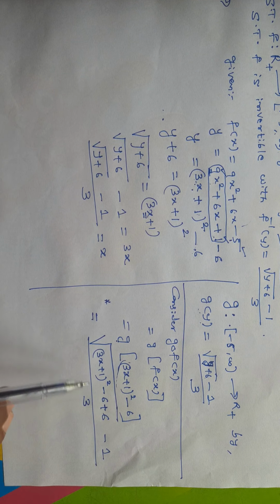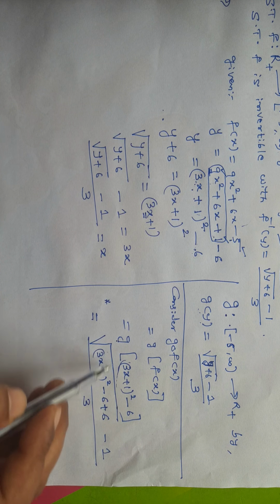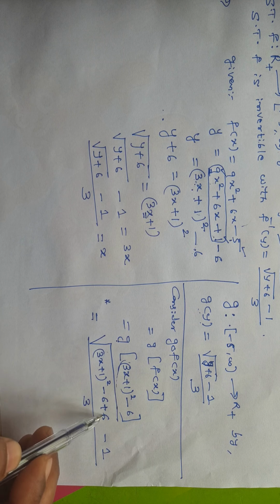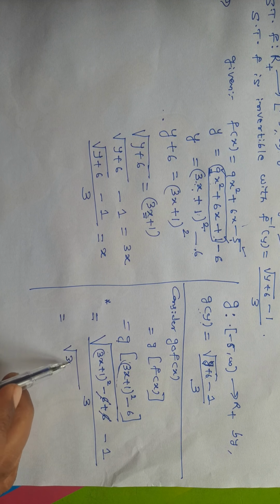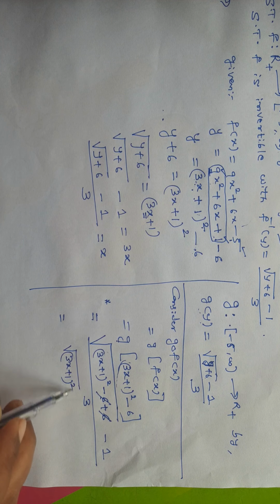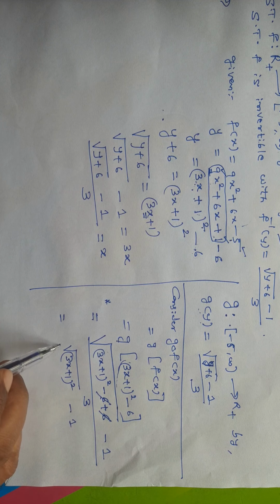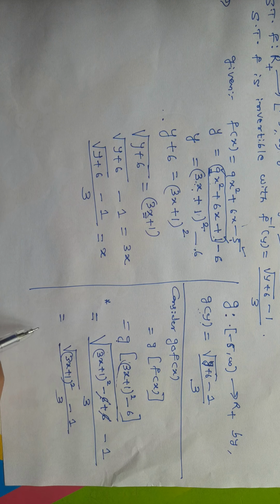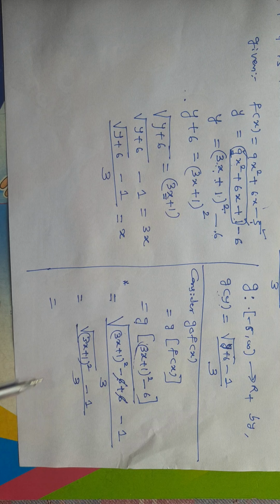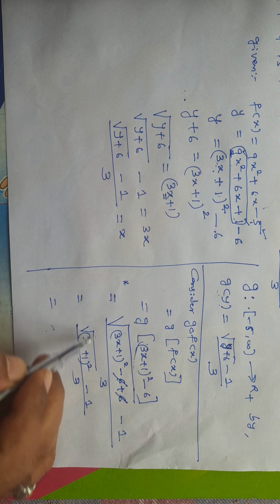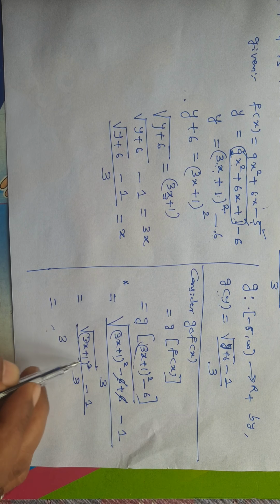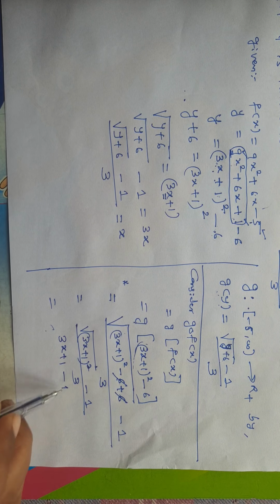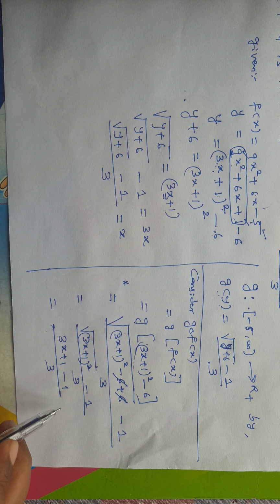So you concentrate here. This whole thing is square root of y plus 6 minus 1 by 3. So inside the square root, I have all this quantity. So 6 minus 6 is 0. So the quantity left here is 3x plus 1 whole square minus 1 divided by 3. Okay, see here, this is square and this is square root, so this 2 cancels. I will get the radicand here. What is the radicand here? 3x plus 1. So minus 1 is as it is, by 3.